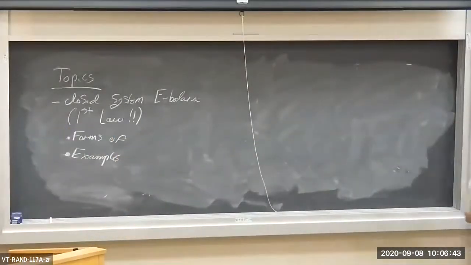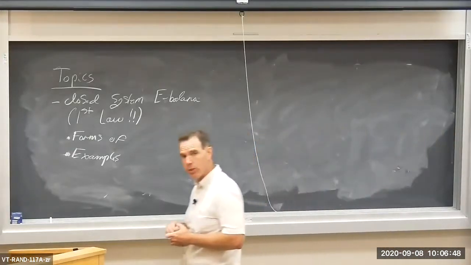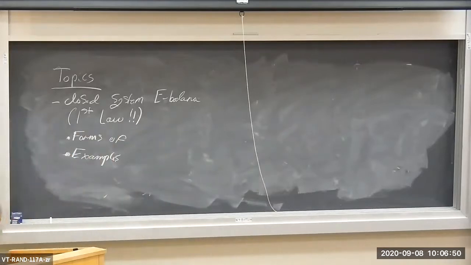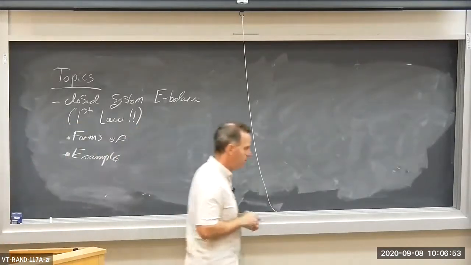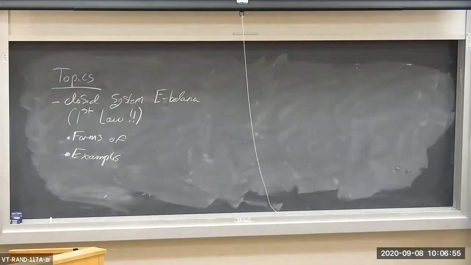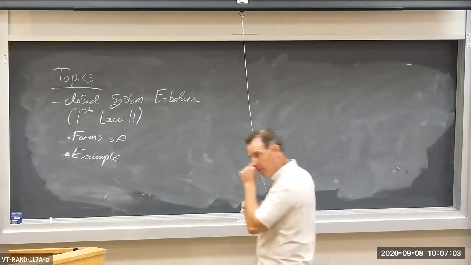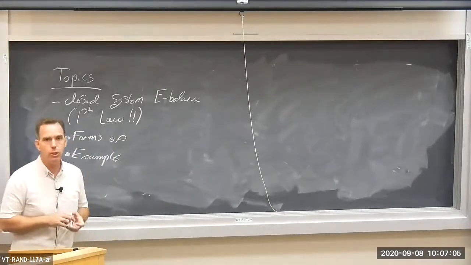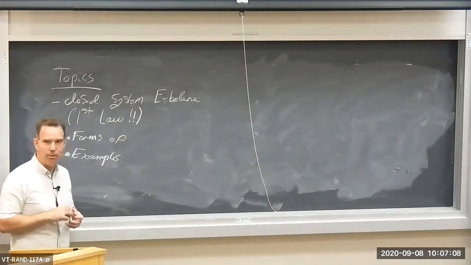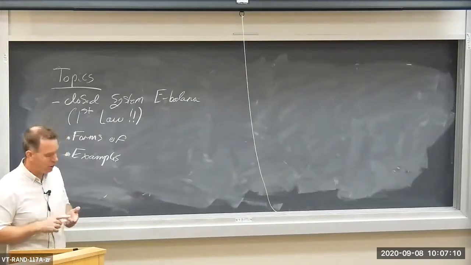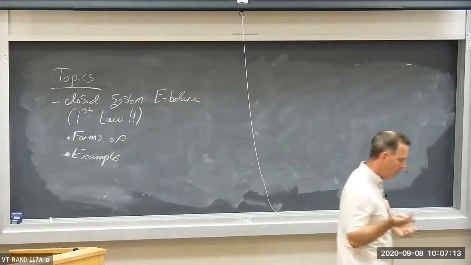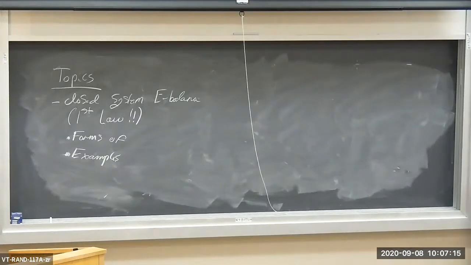So we're going to continue on powering through the material, begin chapter 4 today, which is in the notes, which is the energy balance or conservation of energy. We'll have seen some of this material before. We looked at the first day of class. We looked at the conservation of mechanical energy equation, and I showed you that it was deficient in the sense that it lacked a few terms: heat, interaction, and the change in internal energy. So we've already looked a little bit at the energy balance, but let's start anew today by declaring